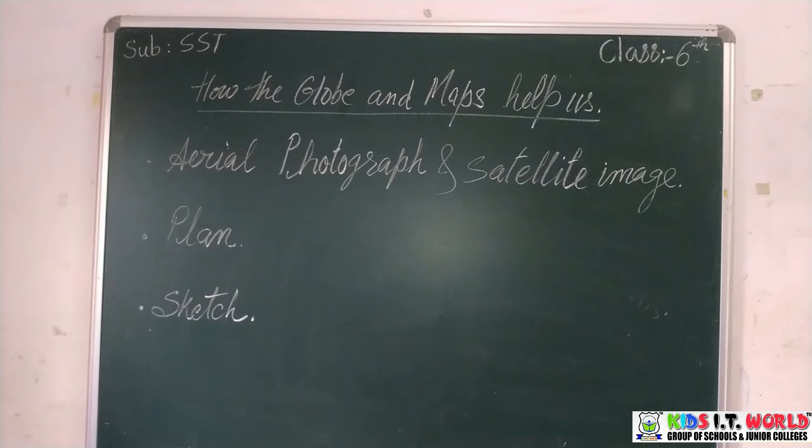Now we will try and understand how technology plays an important role in today's map making. First is aerial photograph and satellite image. What are these? In the later part of the 20th century, major scientific advancements have been made in map making. The surface of land and oceans is photographed by cameras mounted on aircraft. So you have an airplane or a jet plane with a camera placed in it. The plane flies over that area taking pictures. The aircraft flies between heights of 500 to 6,000 meters above the ground and takes pictures of the earth. These pictures are called aerial photographs.